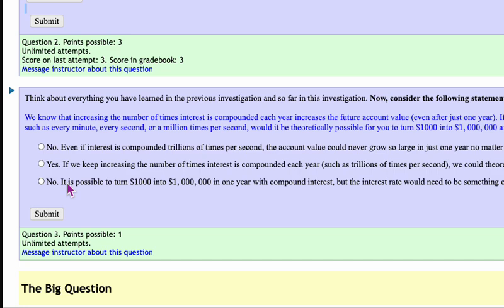It always ends up going to an e, and that would not happen in a year's time. E is 2.71828. That's that continuously compounding. The most you're ever going to get is $2,718. So no, it's not possible to turn it